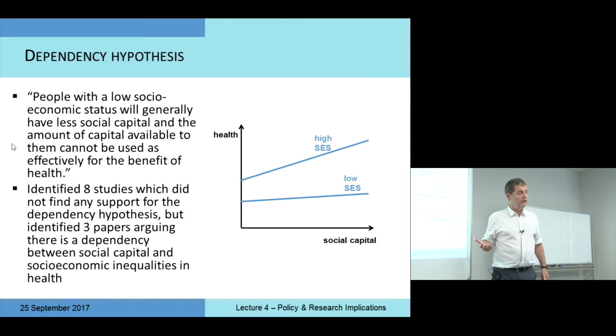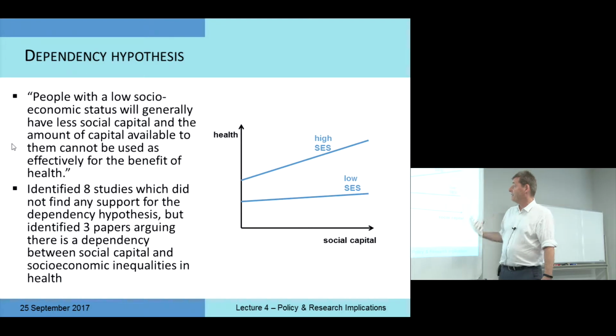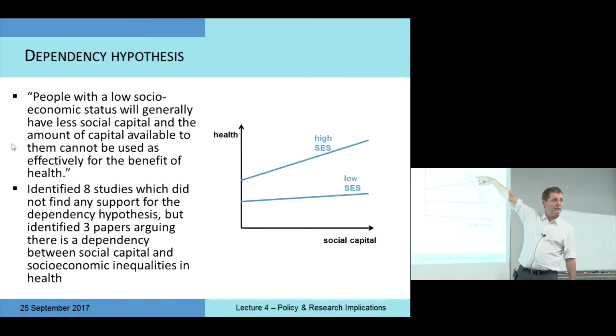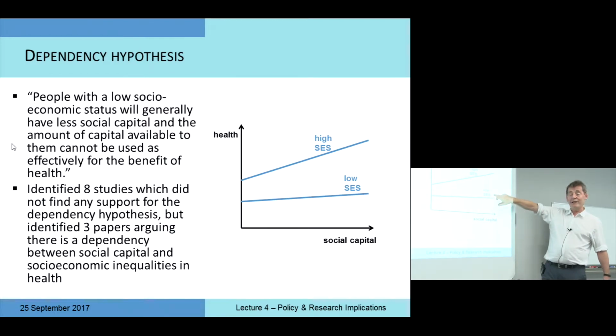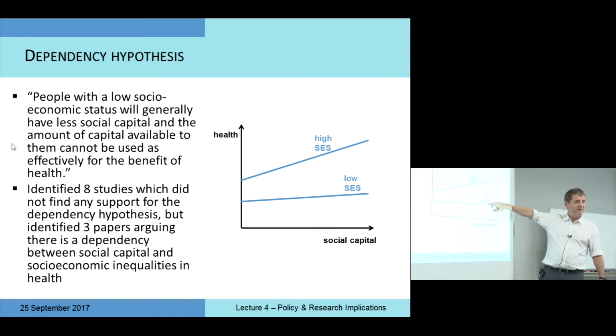Classic example of this is introducing screening as an option. And the groups that have high participation rates typically are the advantaged groups. The groups with the lowest participation rates in the screening program are the disadvantaged groups. Anyway, so the idea being here that in order to get the benefit of social capital in terms of improved health, you have to belong to the high socioeconomic status group. If you belong to the low socioeconomic status group, you might get some benefit. The line is positive slope, but not very much compared to the high socioeconomic group,